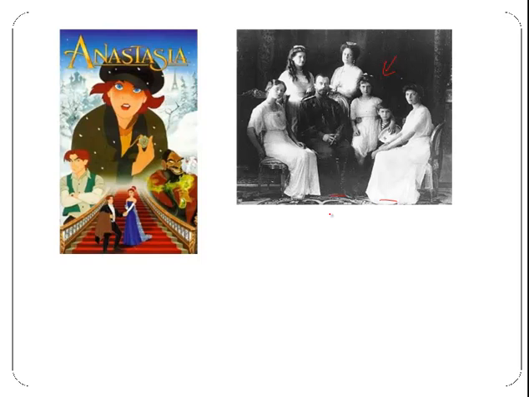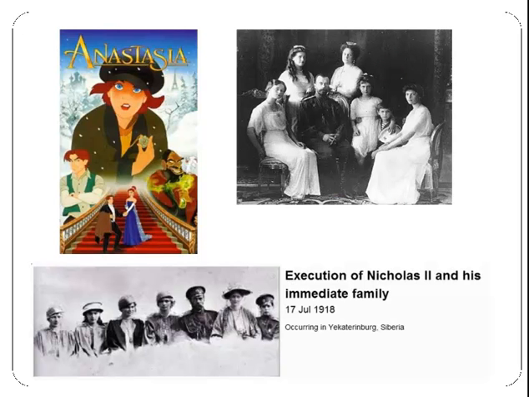What had happened is a group of executioners had been sent out to a little farmhouse in the country where the family and their associates were being held, and they were all assassinated. So that happened on July 17th of 1918. So Nicholas, his immediate family, and all the people with him were all assassinated. This was learned or discovered because one of the assassins finally came forward and said, well, yeah, they sent us out, we marched them down to the basement, we lined them all up and basically did a firing squad,